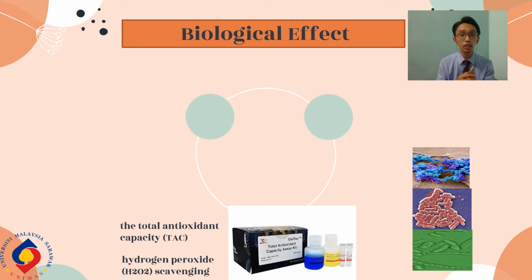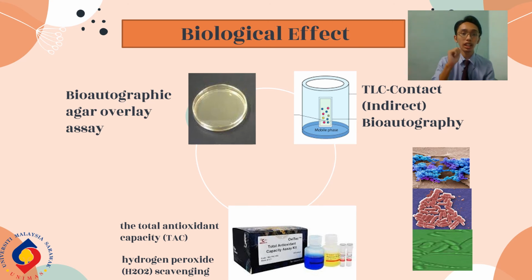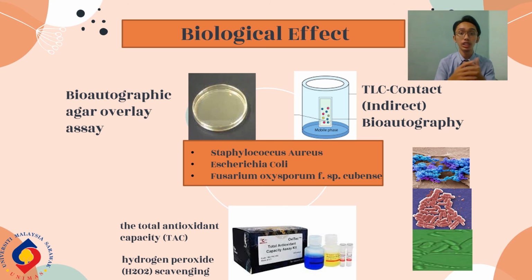After the samples have been completely isolated, we are going to use the TLC chromatogram and test using two different assays, which are the agar-overlay assay and the TLC contact assay, which we are going to test on three different pathogens: gram-positive, gram-negative, and a fungal species. Their antioxidant activity is also studied using two different methods, which are the total antioxidant capacity and hydrogen